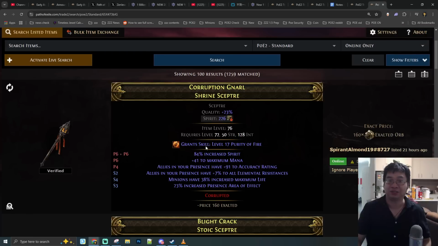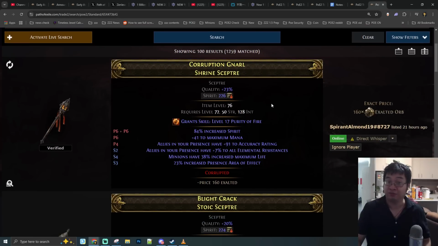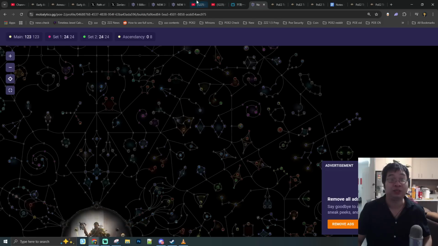So I did have a look at those scepters. It can be less than 1 divine. So you can see this scepter is over 226. So if you guys are short on spirit, what you can do is instead of going for the passives,